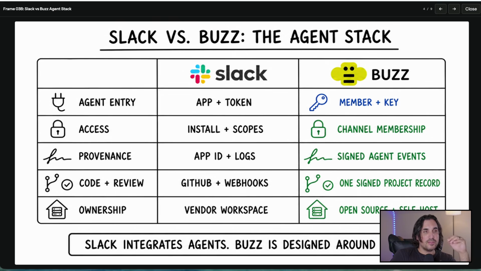Now, there's been alternatives to Slack before. Mattermost, I think, was one of them. But I think the big thing is this is open source and it's backed by a really huge conglomerate, in this case, Jack Dorsey's Block company, which I think gives a lot more comfort and trust in the long-term process for this. At the moment, with Slack, you have to do a bunch of add-ons to really maximize what it can do. With Buzz being open source, you can tinker, you can tweak things how you want it.